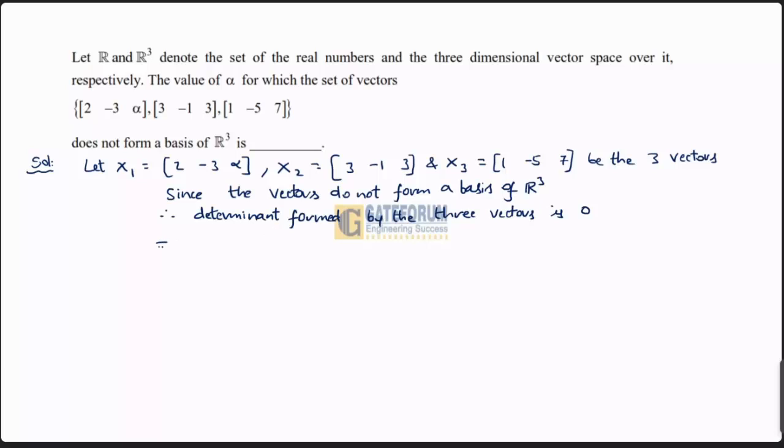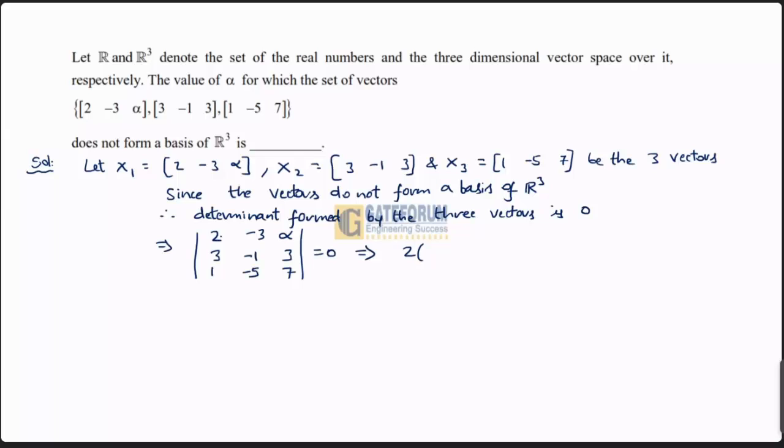Which implies the determinant, first vector first row (2, minus 3, alpha), second vector second row (3, minus 1, 3), third vector third row (1, minus 5, 7), equal to 0, which implies